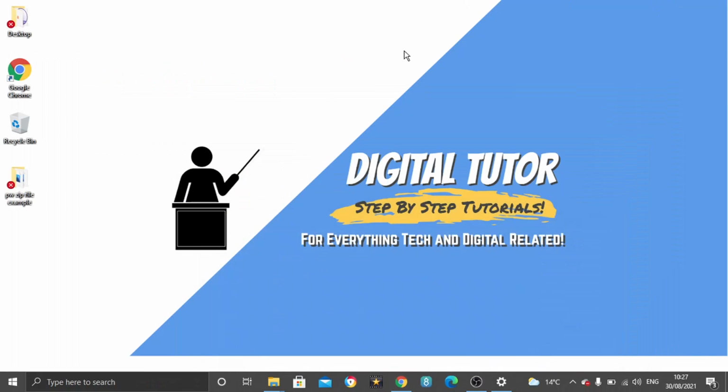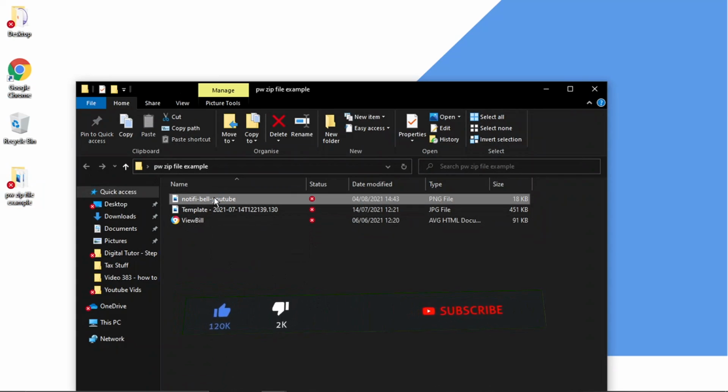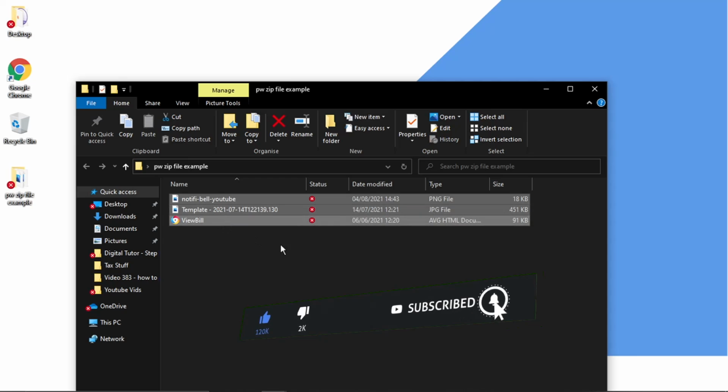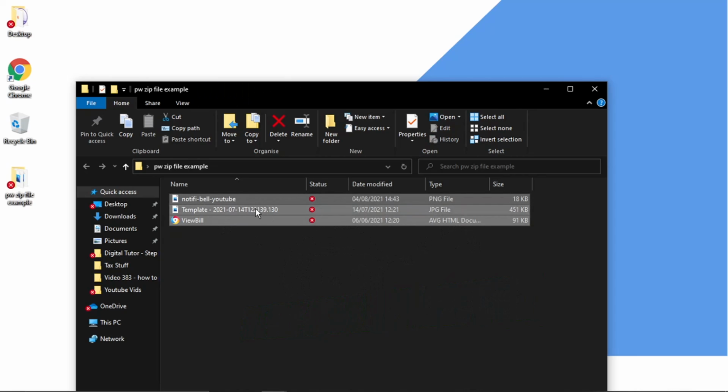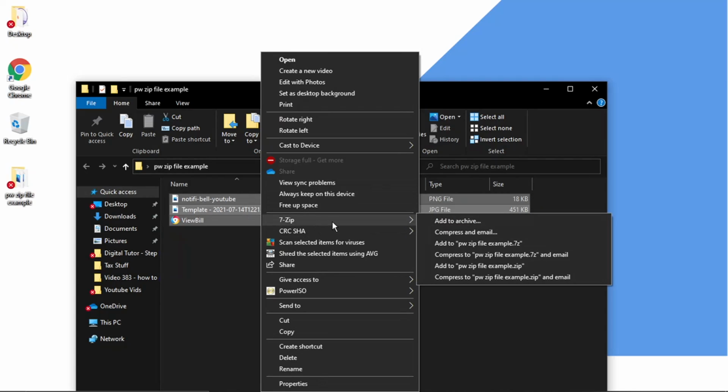So once that's downloaded and installed, what we're then going to do is select the files that we want to add to our password protected zip file. So you can see I've got three different files. They're like JPEGs, SVGs, HTMLs and PNGs, and then what we're going to do is right click once we've selected all of those, and you should have a 7-Zip option come up. If you hover over 7-Zip, click on the one at the top which says add to archive,